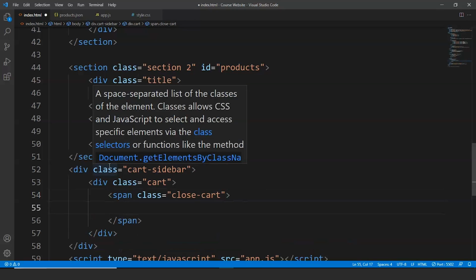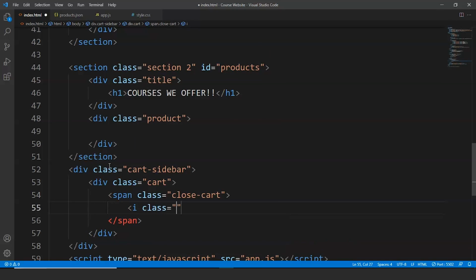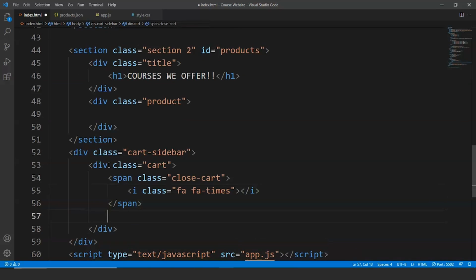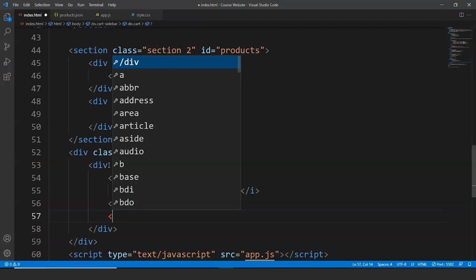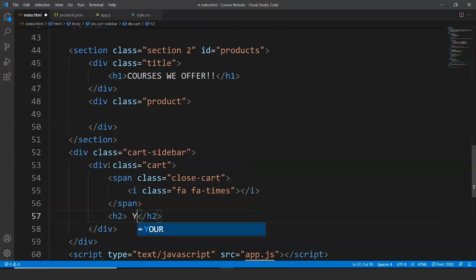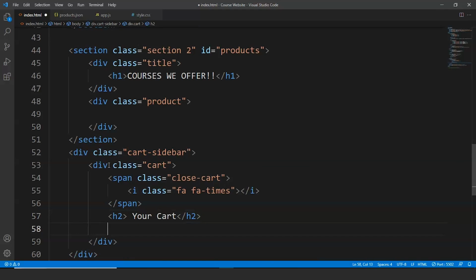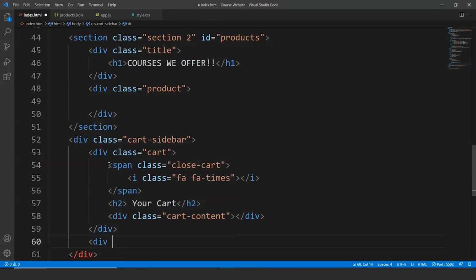Now inside this we'll add an icon. We'll write here i class equals fas fa-times, and we are done with it. Now next up, we are going to write the code inside of our cart. We are going to write here h2. It will say your cart, and inside this we'll write div class equals cart content. Next up we'll write here div class equals total sum,